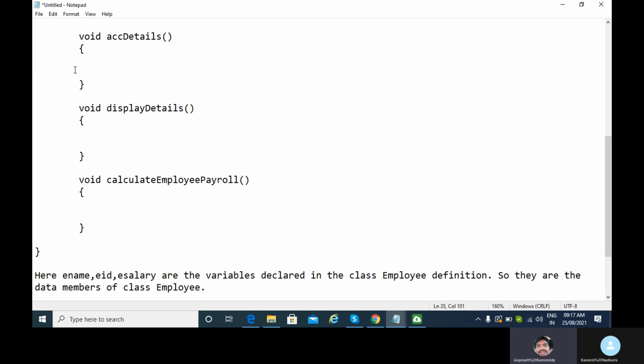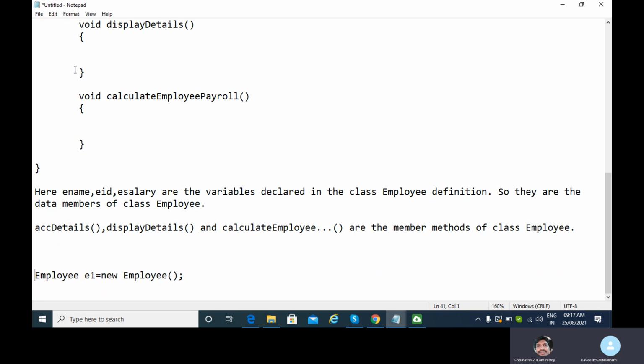So, I will just write here that object is the physical instance of the class.